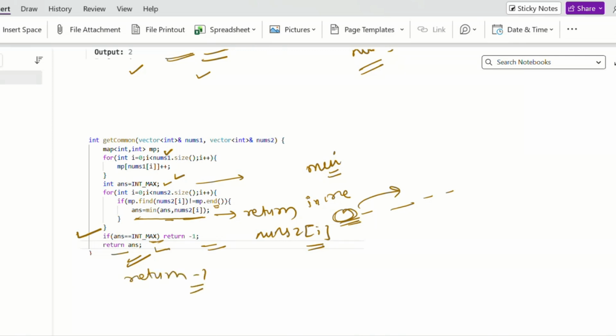This solution will also work. I return nums2 of i inside the for loop when I find a value, and if I come out of the for loop, that means I am not able to find any value, so I return -1. We can do both of these things. In the worst case, both will have time complexity of big O of n only. And space complexity will be big O of n because we are using one map. So yeah, thank you.